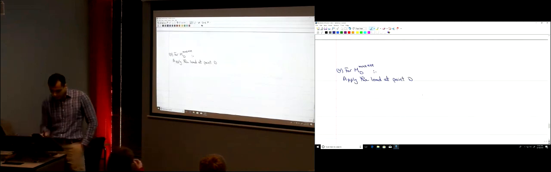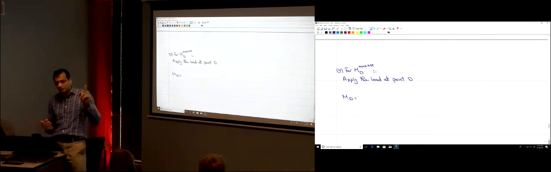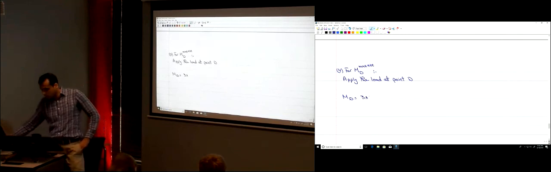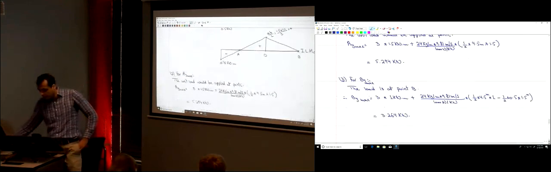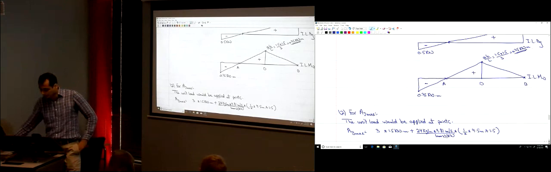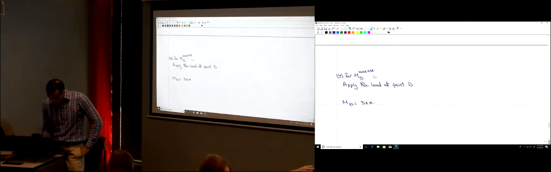So when I apply the load at D, just find MD. I have two loads. I have the concentrated force, which is 3 kilonewtons, multiplied by the height of the influence line where this 3 kilonewtons is going to be applied. I'm applying it at point D. How much is the height over here? It's 0.75. So just multiply the magnitude of the load times the height of the influence line